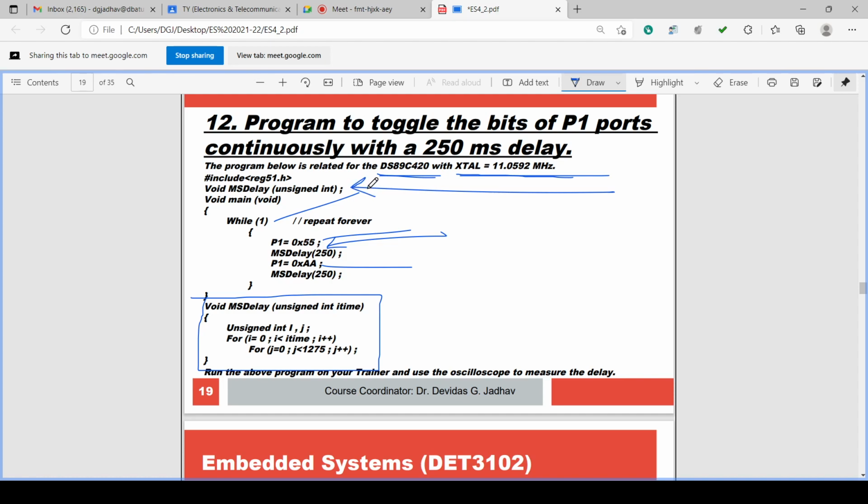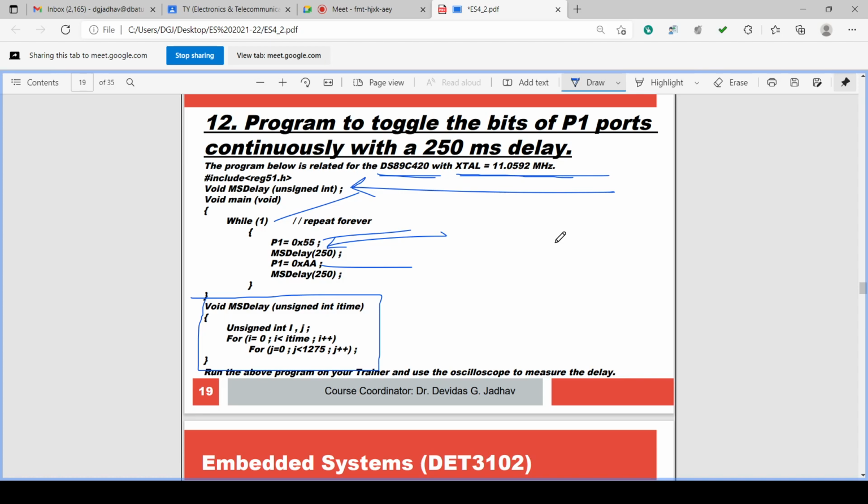How to define the function, how to write the function: after inclusion of the file reg51.h, we have to define the function void ms delay with an unsigned integer in brackets, because we are passing some argument into the ms delay function. This is the function definition, and then we write